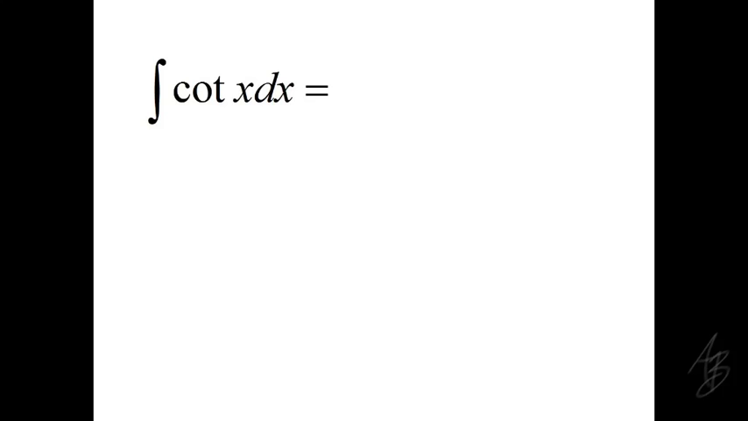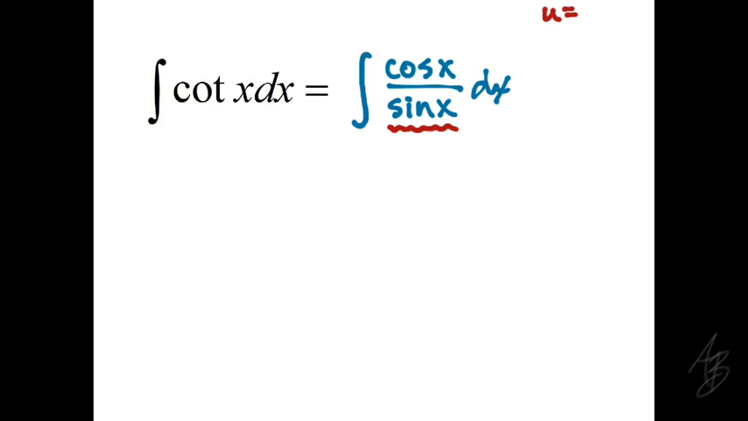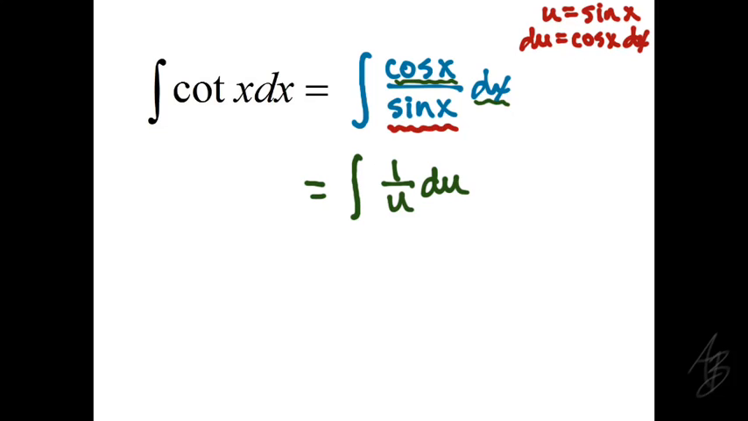Looking at another example, at first glance this example does not look like an ideal example to use substitution, but if we rewrite the cotangent as cosine of x over sine of x, and again, it may not be immediately obvious which one we should substitute here, but if we replace the sine of x with u, and we replace cosine of x dx with du, because the derivative of sine of x is cosine of x,